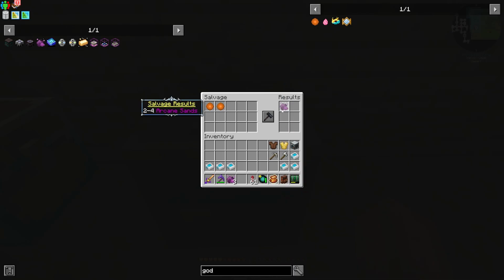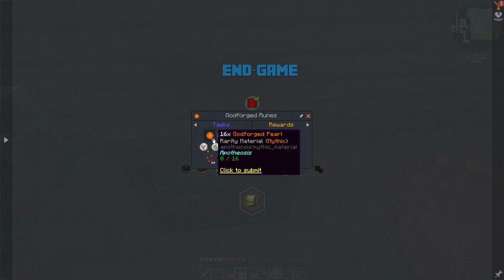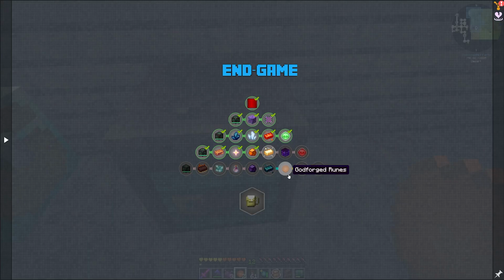If I put the Godforged pearl in there, it will give me, looks like, 1 to 2 arcane sands per, and I can break that down into this epic material that we need for the quest. But we're going to have quests later, I think, where we need the epic one. See, yeah, we need 16 Godforged pearls for this tier down here, and if we can't get them from gear and have to loot them, oh boy,